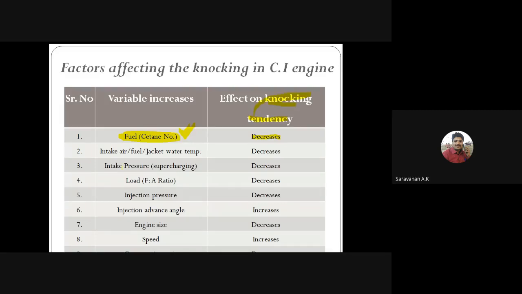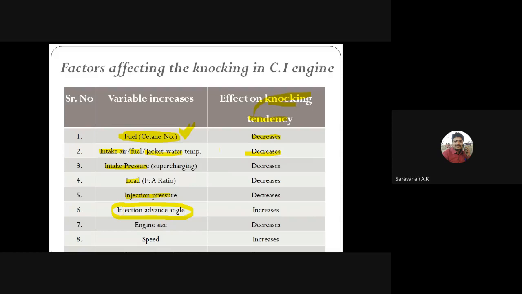And the temperature of the inlet air, the inlet fuel, and the jacket water temperature, if increased, will decrease the knocking tendency, right? Then the intake pressure, the load, and the injection pressure also decrease it. And here you can see the ignition advance angle. What is the advance angle? In the valve timing and port timing diagram, where the injection starts,